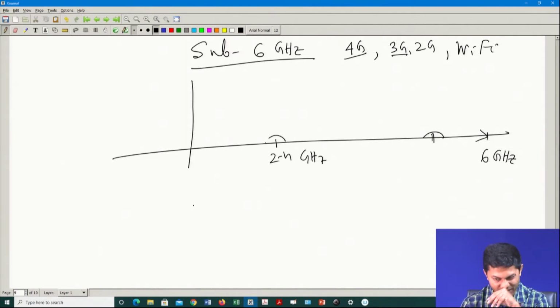Whatever is left out, that small thing can be given to 5G, but 5G is a data hungry system, right. You can have at max 1 Gbps or even more data rate. Now, if you want to support that kind of data rate, the small bandwidth is not good enough, right. And most of the spectrum which is available in 6G is all occupied. Mostly it is occupied in every part of India. So, what is the way out for 5G? Something is available, but to support a very large data rate, probably you have to go beyond 6G and so on and so forth.